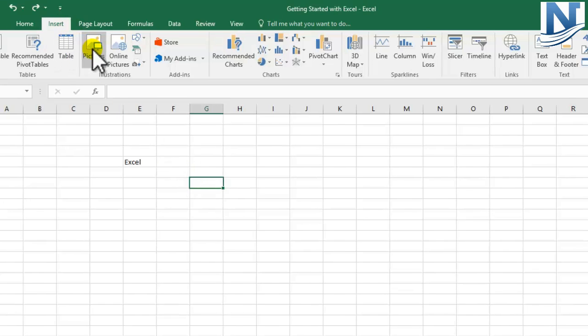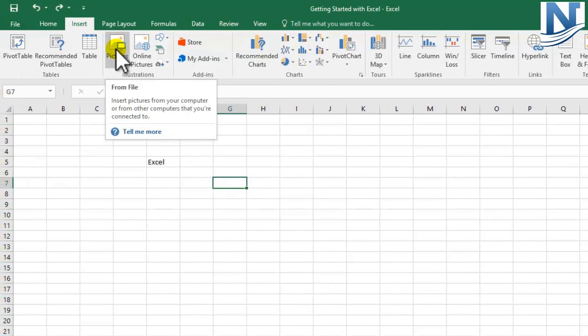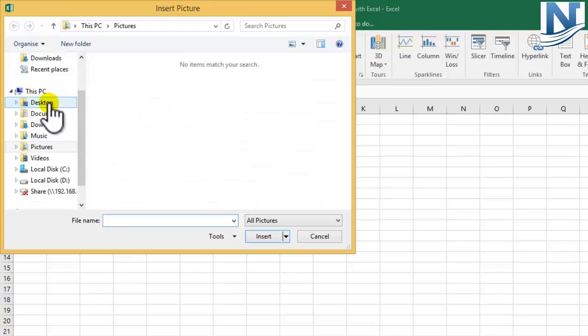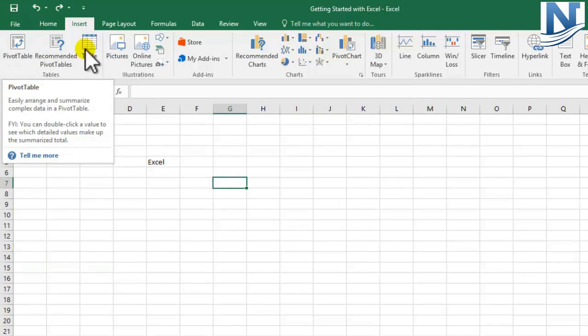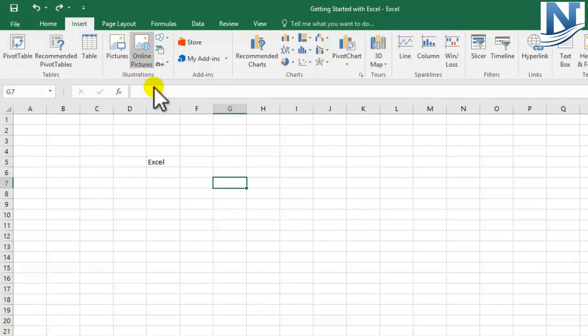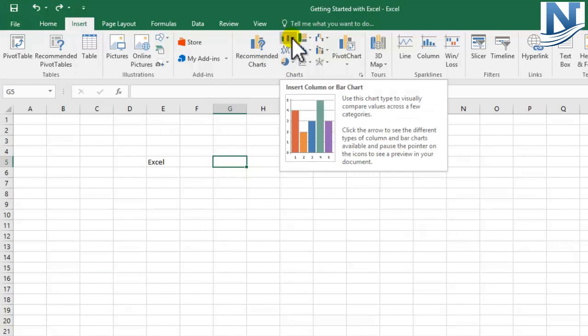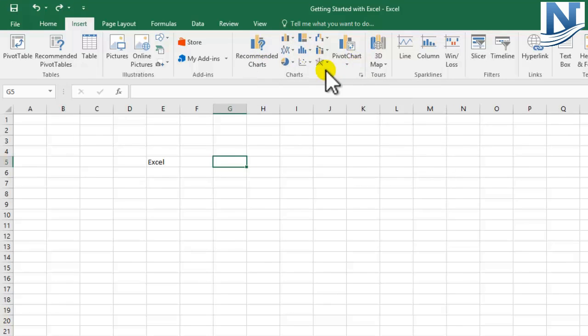I go to the insert tab and I click on picture. Okay, from wherever I have saved my picture, I can select it from there and I can insert it. Similarly, I can insert table, I can insert pivot tables. Majorly, when we talk about inserting something in Excel, you will always remember about charts and graphs. Okay, so charts and graphs form a very important role of Excel, and we are going to see that in detail also. So you can insert various types of charts and graphs.